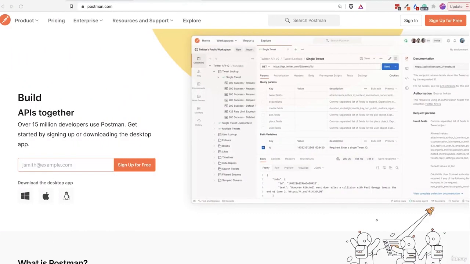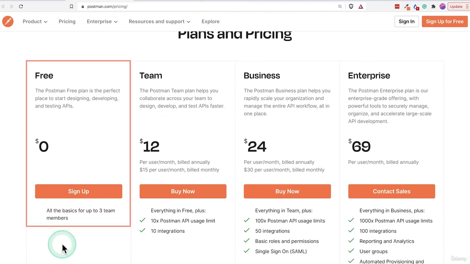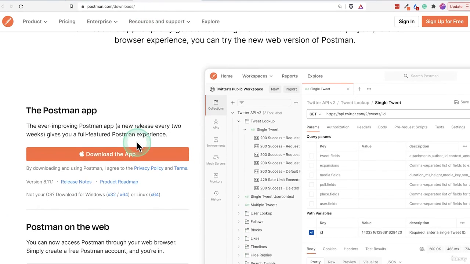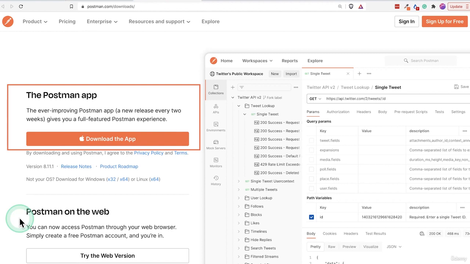In this lesson, we will learn how to install Postman. Postman uses a freemium pricing model, and for many use cases, including this course, it is free to use. There are two ways of running Postman. In your browser, it's called Postman on the web, or if you download a standalone app that you install on